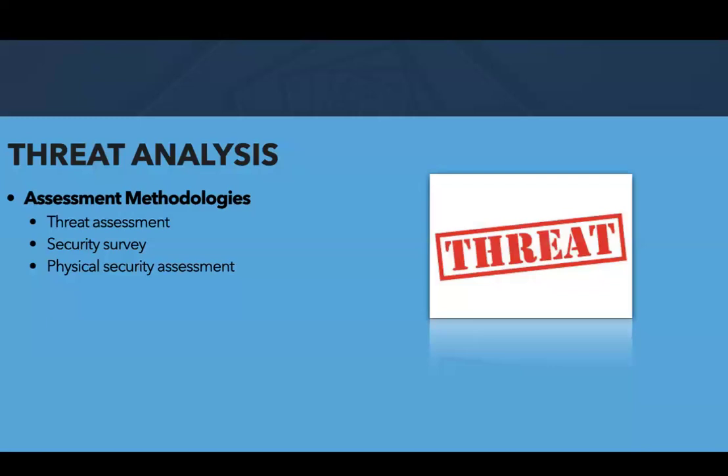So this is your threat analysis piece. If you haven't at least done a threat assessment, get a threat assessment done. You need to do that. If not, you're making assumptions. Again, the biggest threat you're probably going to have is those unintentional threats, but it's good to identify those, point those out, document it, have it, because